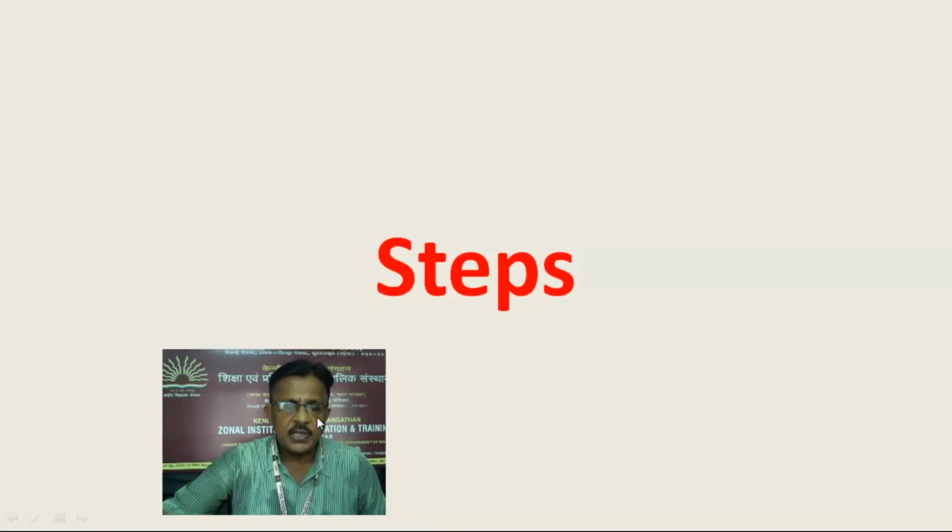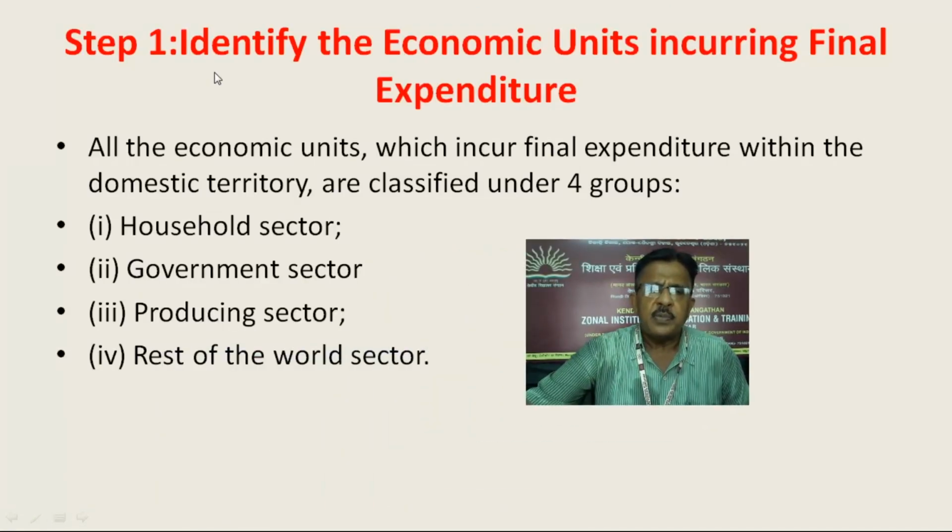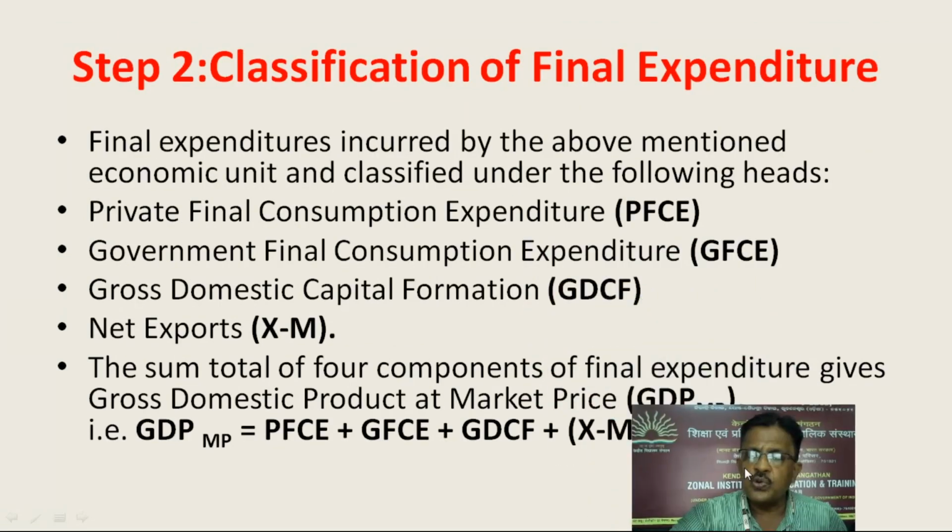So the steps in calculating national income or national product by expenditure method. In step 1, we have to identify the economic units incurring final expenditure. All the economic units which incur final expenditure within the domestic territory are classified under 4 groups, that is household sector, government sector, producing sector and rest of the world sector. In step 2, we have to